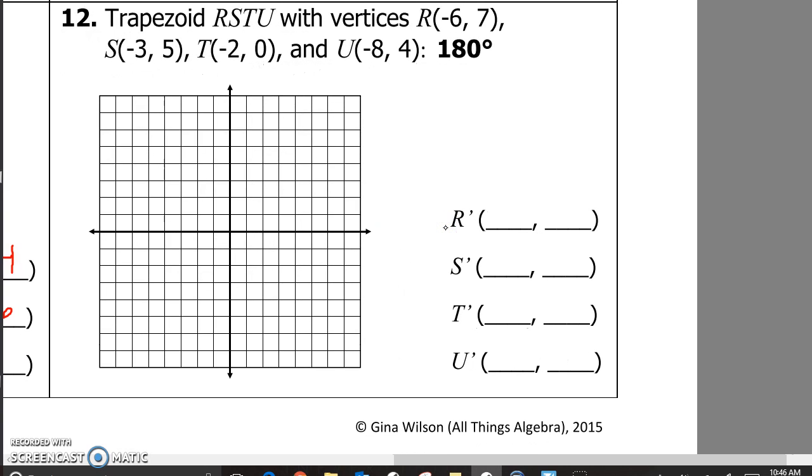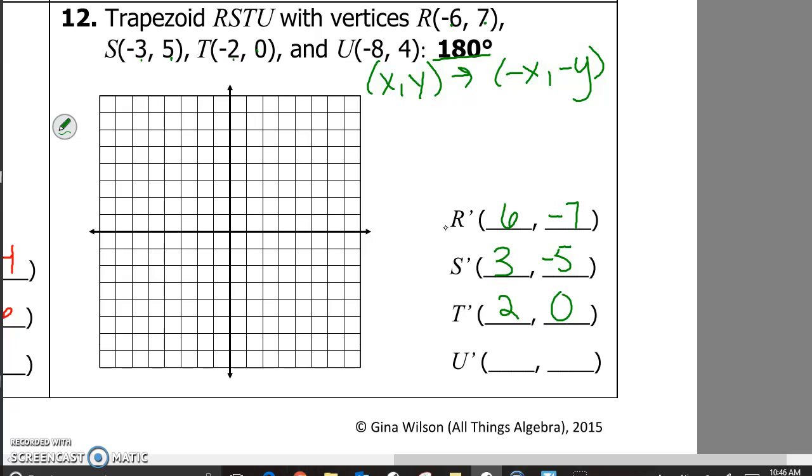All right, our last one here before your homework for your practice is a trapezoid. So we are rotating 180 degrees. So x, y just becomes the opposite, negative x, negative y. So R, we've got negative 6, 7. Opposite of that is 6, negative 7. S, opposite of negative 3 is 3. Opposite of 5 is negative 5. T, opposite of negative 2 is 2. There's no opposite of 0. It just stays 0. U,